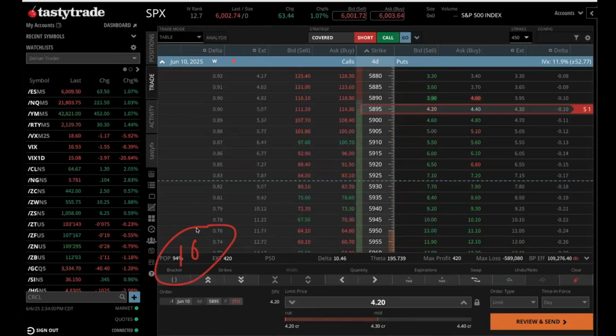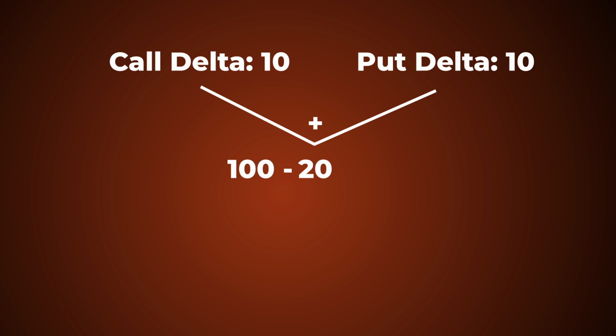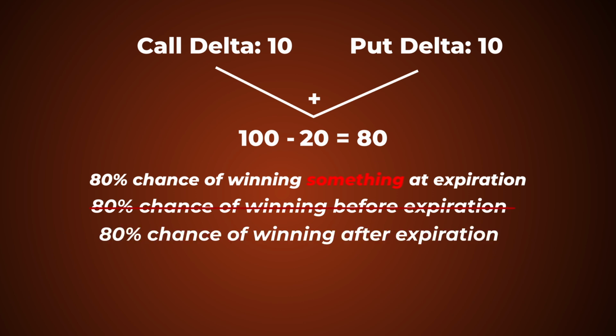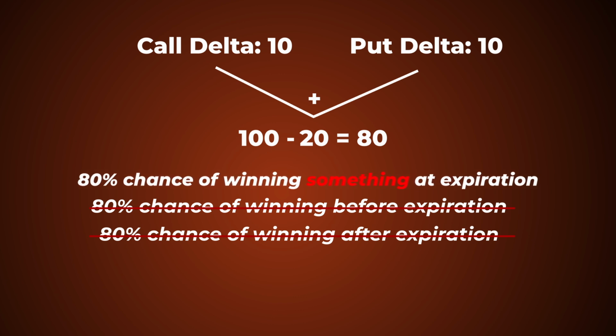But for those times that it doesn't, we want to understand the structure that we put it on initially. And so, how do we understand that? Well, we know that if we put it on at the 10 delta on both sides, and we add those deltas up, because we don't know if it's going to go down or go up, that's going to equal 20. So if we subtract 20 from 100, that's going to give us 80. So you have an 80% chance of winning something at expiration. That's what it means. It doesn't mean you have an 80% chance of winning before expiration. It doesn't mean you have an 80% chance of winning after expiration. It says at the time of expiration, you have an 80% chance of winning at least something, not losing any